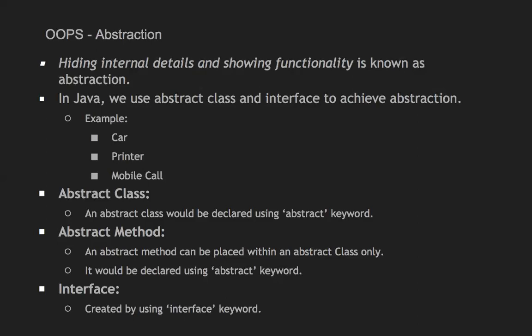In a printer, as a user, I just put in paper and pass which image it should be printing. That's it. So hiding internal details means, for me, the mechanism of how the ink is taken and printed on the paper is irrelevant.